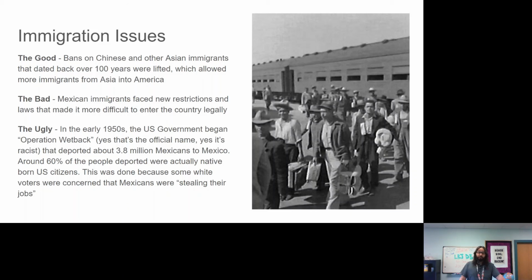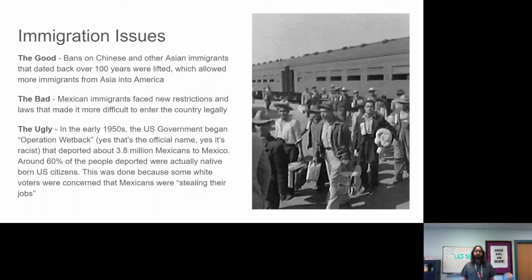And the bad, we get a bunch of new laws trying to reduce immigration from Mexico. Before this, we pretty much had an open border with Mexico. If you wanted to travel down and visit Mexico, you just pop down there and pop back. If a guy from Mexico wanted to come up and work on a farm for a few months, he could just head up, work on the farm for a few months, get his pay, and head back to Mexico. But now there are a bunch of laws that try and reduce immigration and reduce people just walking over the border.